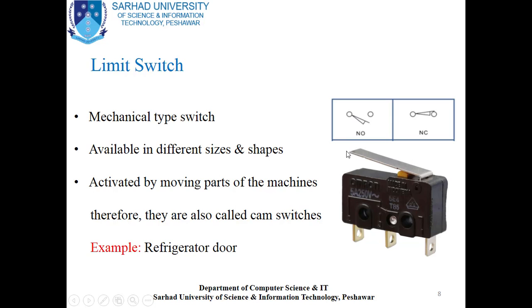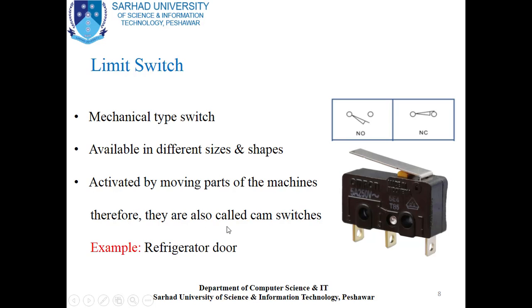If an object comes here in this direction, it will become closed, if it is normally open. So the limit switch is activated by moving parts of the machines.